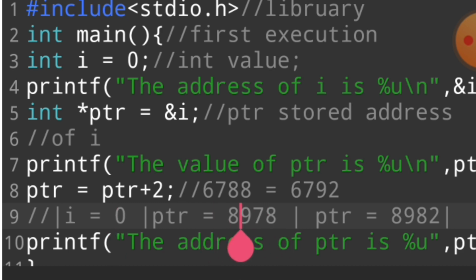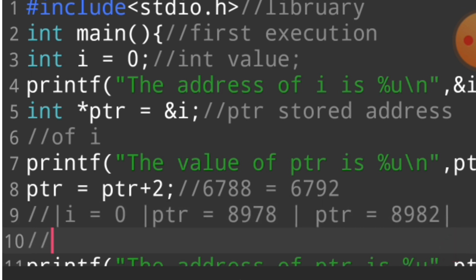When we say ptr plus 1, ptr is going to another block of our memory. And when I say the address of ptr, it shows the address of ptr. So an integer value takes 4 bytes. So address plus 4 is where ptr is stored.